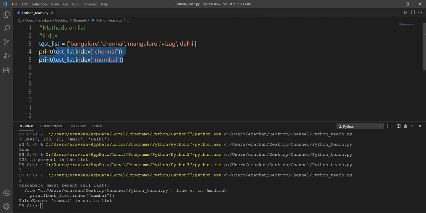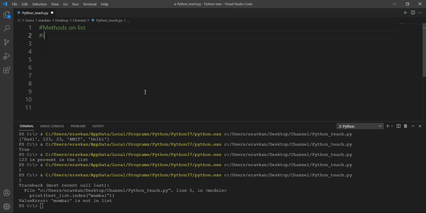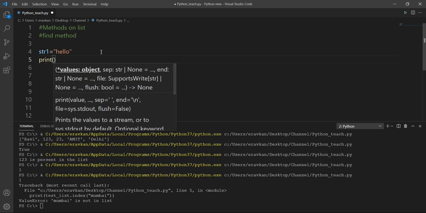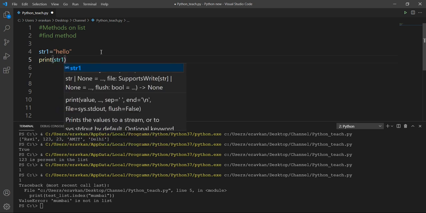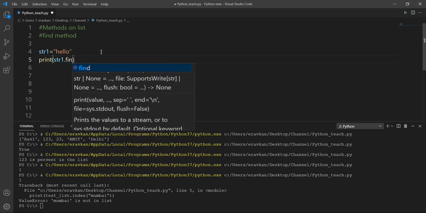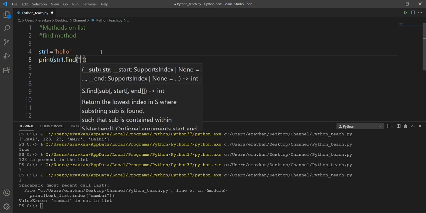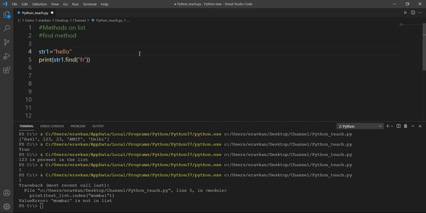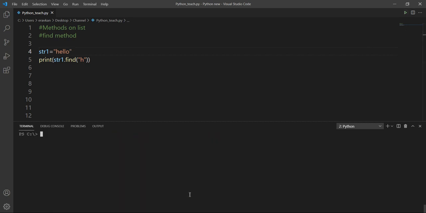One thing I want to explain. In strings we have a find method. Let me revise the purpose of the find method. Suppose you have a string str1 equal to hello, and I print str1.find to find the position of h. It works similarly to the index method, and it gives you the position of h.